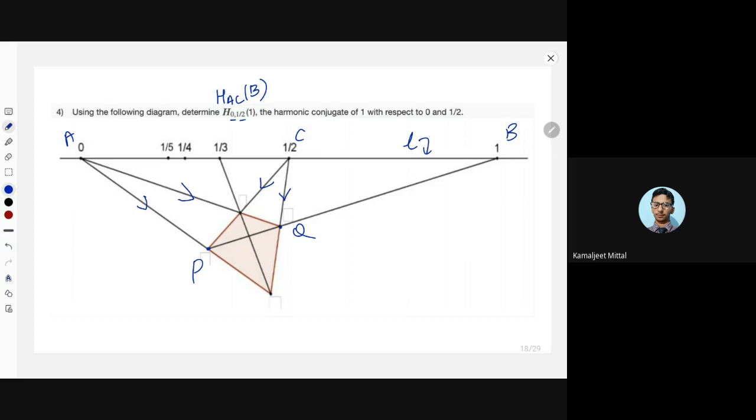Okay. Now you need to see their intersection. So you can see that AQ intersects with CP at this point, and let's call that point R. Okay, and AQ intersects with CQ at Q, and AP intersects with CP at P. We don't know the intersection of AP line with CQ line, at this point. Call this point